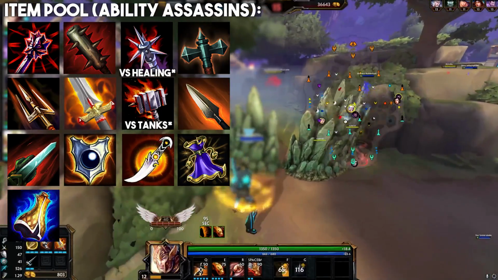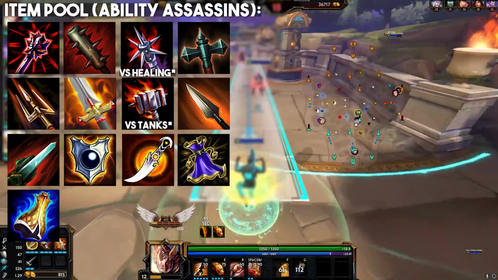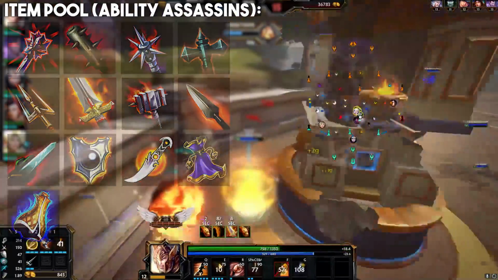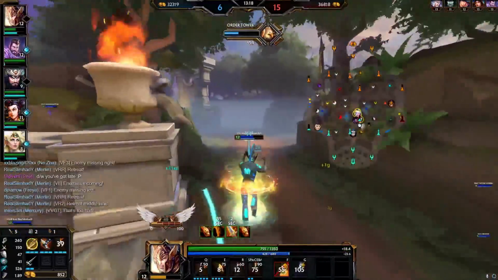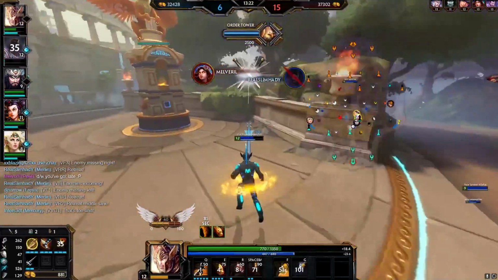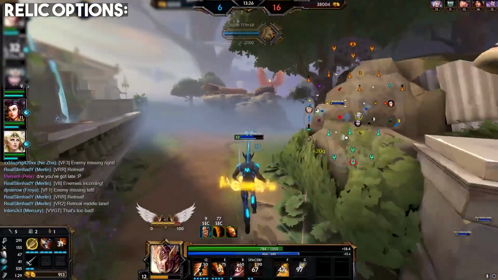Keep in mind these items are for ability-based junglers only. If you're playing an auto-attack assassin or warrior or another class entirely in the jungle, then you won't be building these items. But ability-based assassins are by far the most common picks in jungle, so I'm covering their build options in depth. As for relics on junglers, unless you're playing some weird pick like a Guardian, your 3 relic choices